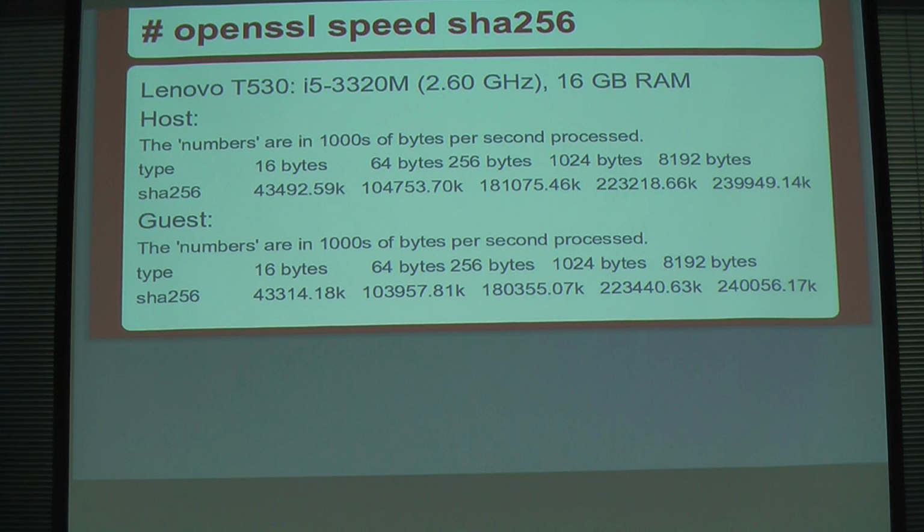What guest were you running? This is just a 10 release guest. Okay. On a 10 release system. And so basically the performance is identical between the two. If you run it 10 times, the average evens out to no difference. And even using something like ubench where you're using multiple processors, there didn't seem to really be a penalty to the speed, even with the switches.